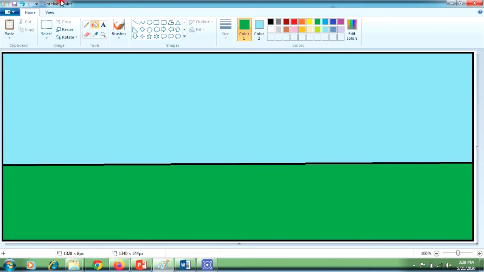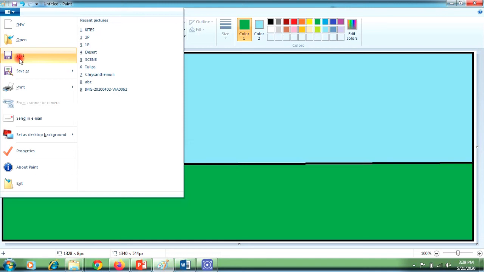Then I want to save this drawing, so just click on this paint button, choose the save option, or you can press the Ctrl and S keys together.